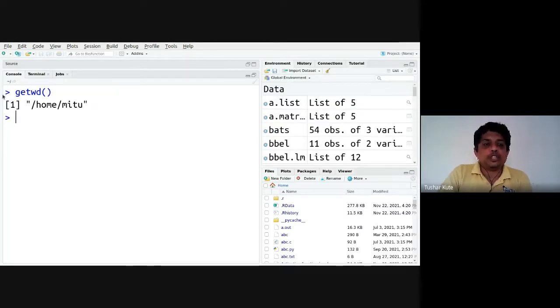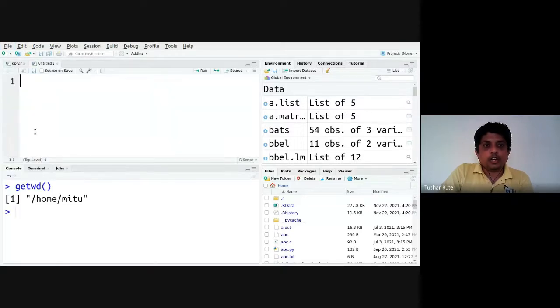Along with that, one more section is present above. Basically, it's not present here by default. If you go to File and create a new R script, File, New File, R Script, when you click on that, see, in this way, a new file will be created. This is your editor window. This is the editor window where we can type the program and you can execute that particular program also. We can type the program and execute it from that location also.